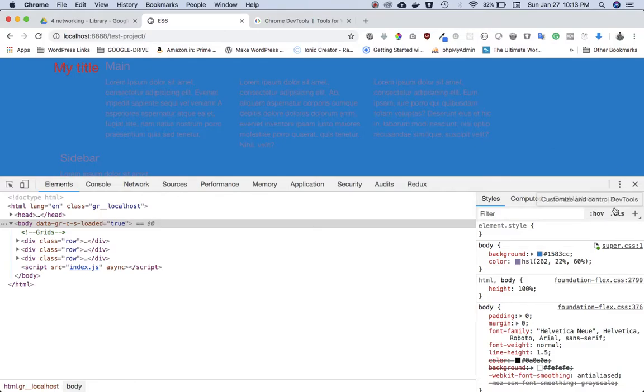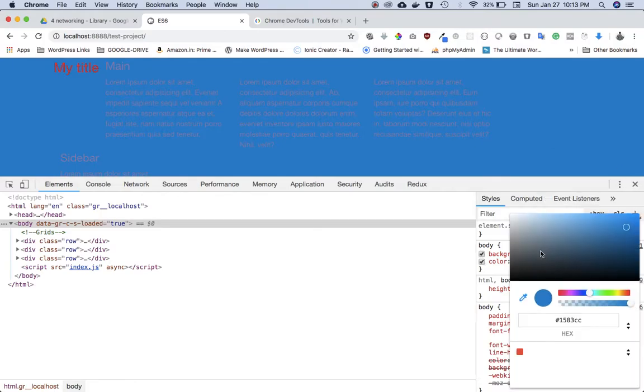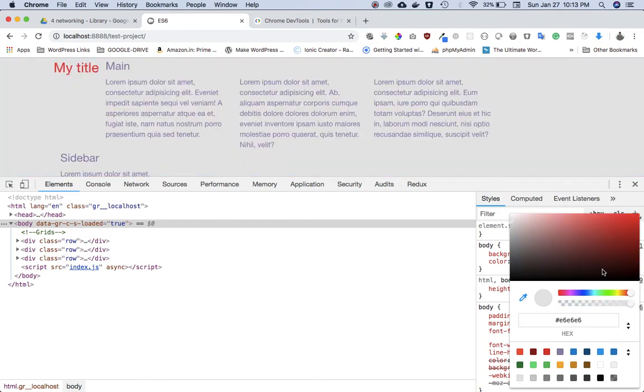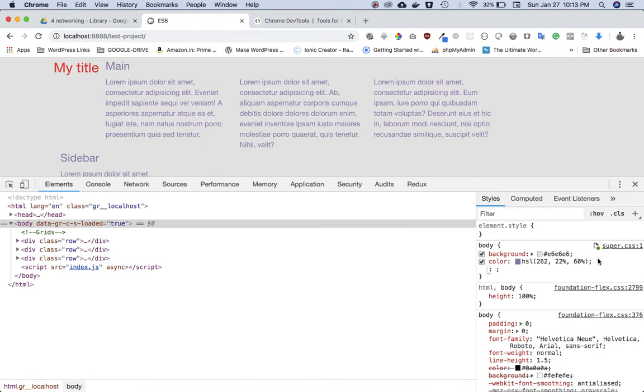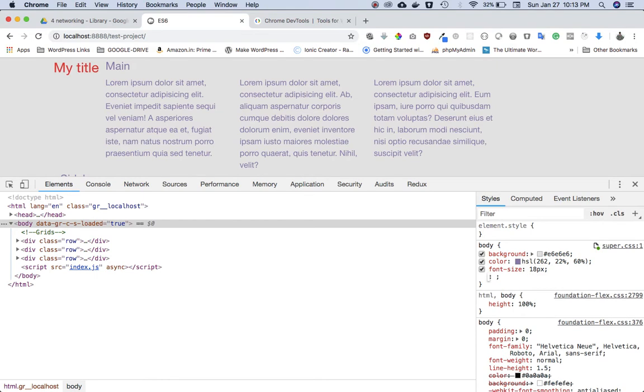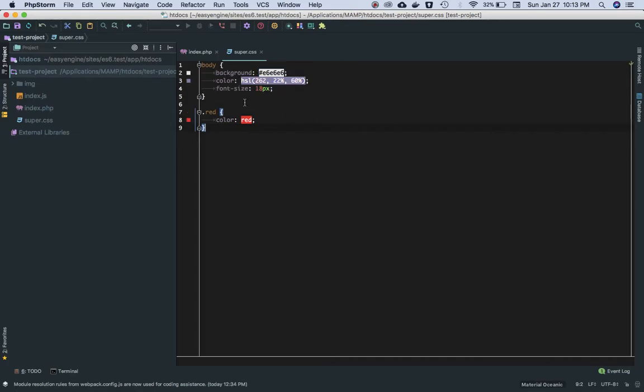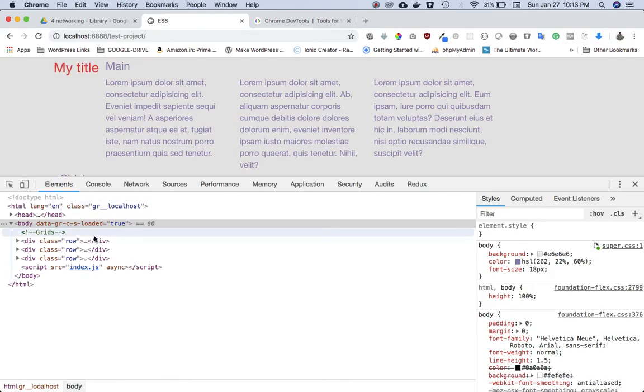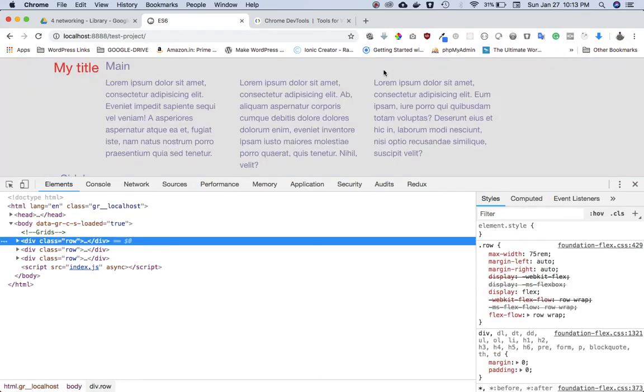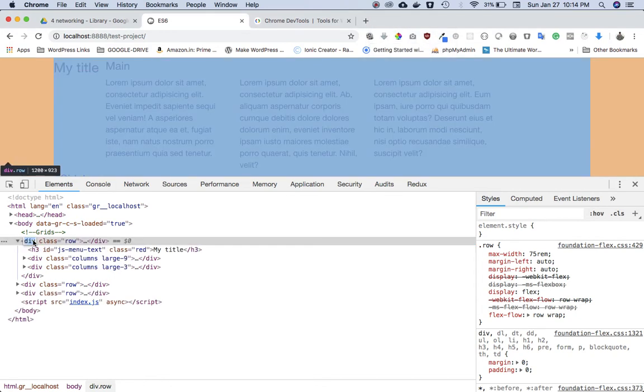Let's say I want to add something else. Let's change this color first to something simple, and let's add a font size of 18 pixels. If you come back over here, you can see that the font size has been added. Isn't that great? The only thing that would not happen is if you come over here and change, for example, this one to nav,